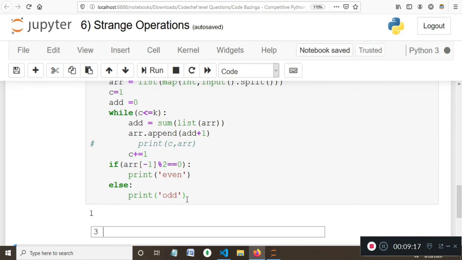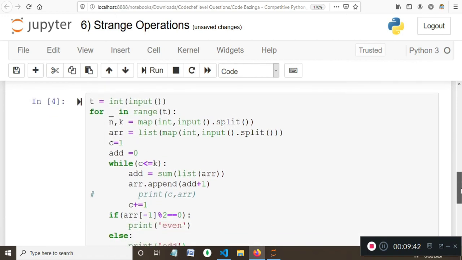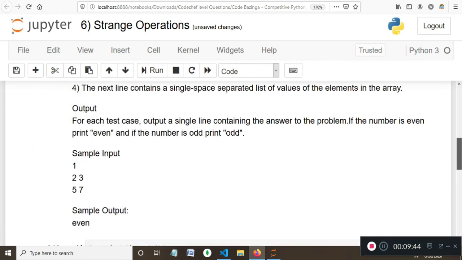Okay, I have 3 comma 1, and the three numbers are 3, 4 and 5. So 3 plus 4 is 7, plus 5 is 12, and 12 plus 1 is 13. So this should give me odd. Yeah, I'm getting odd. So the code works both ways, and it works perfectly fine.